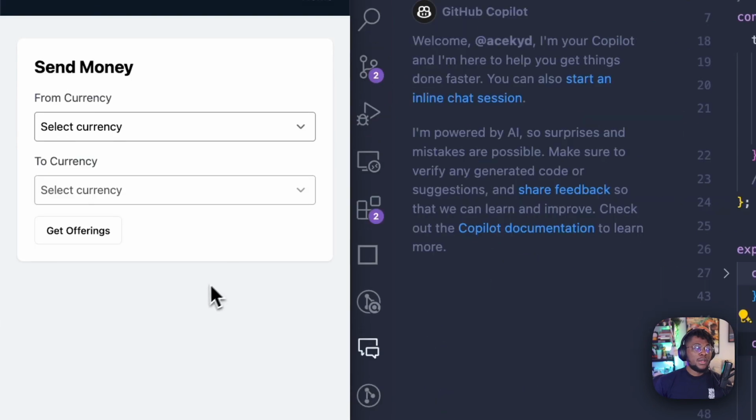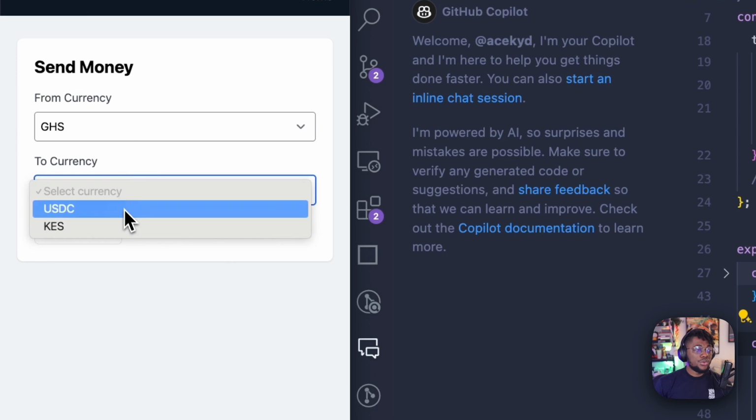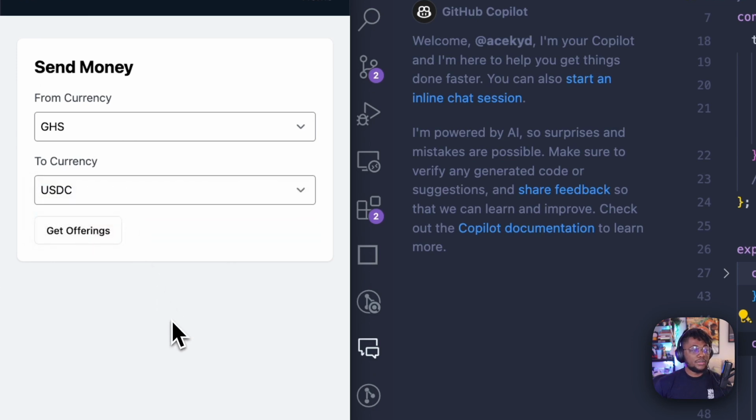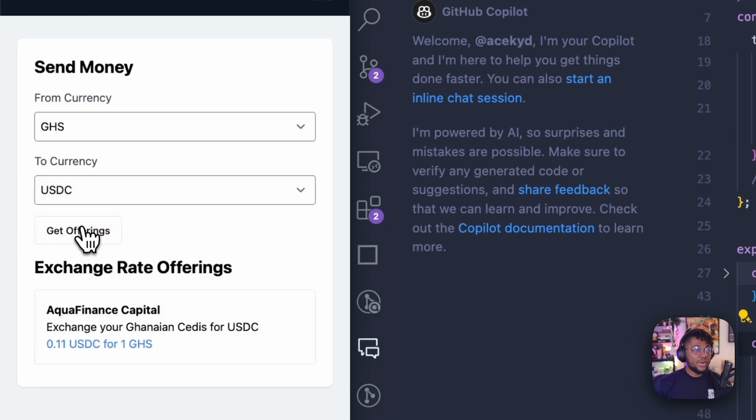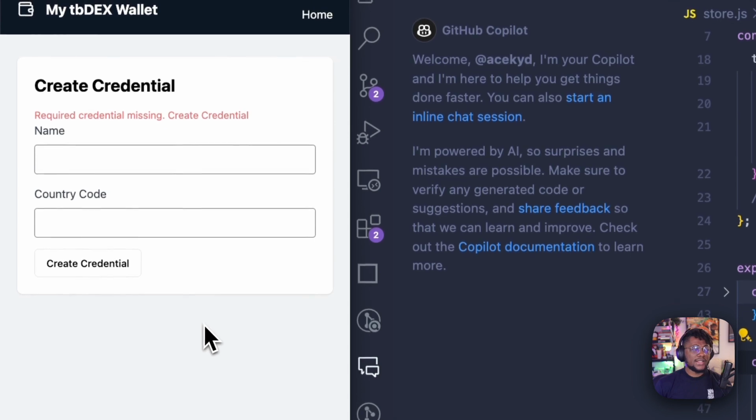want. If you proceed with this, let's say we want to do Ghanaian cedis to USDC as the offering that we checked out, and we get offerings, it's going to display the offerings that we actually have available that match any of these currency pairings. I'm going to click on Aqua Finance in this case, and you'll notice a redirect that says required credential missing,